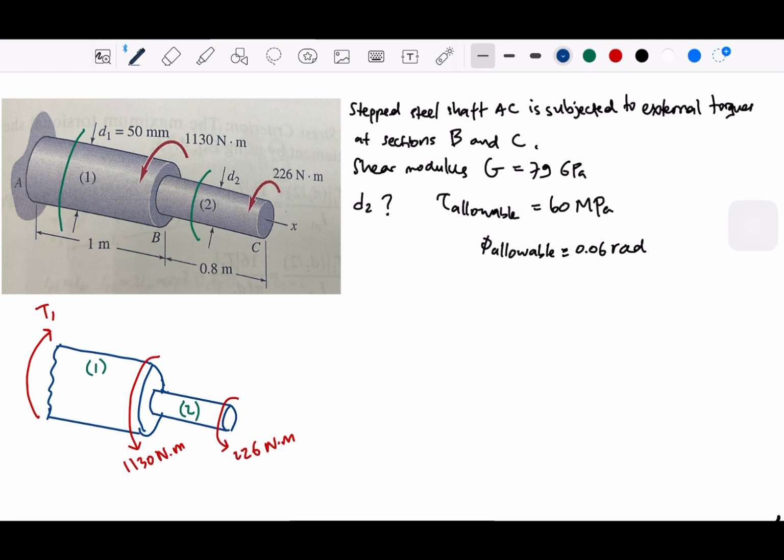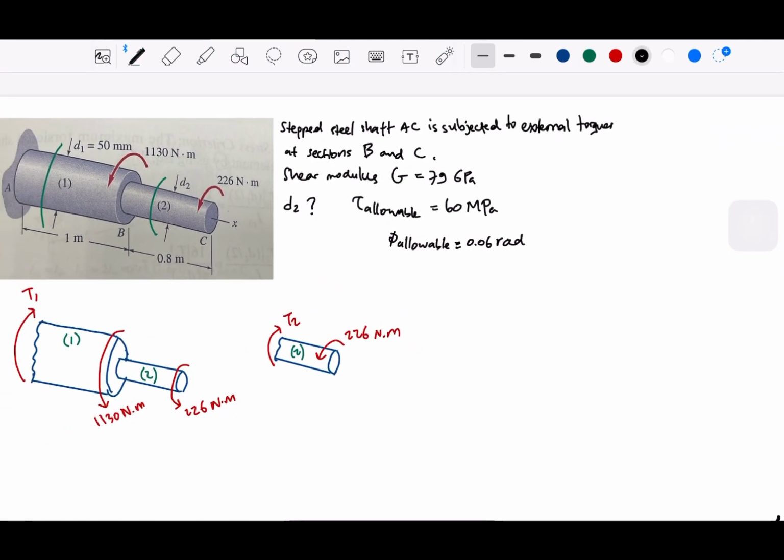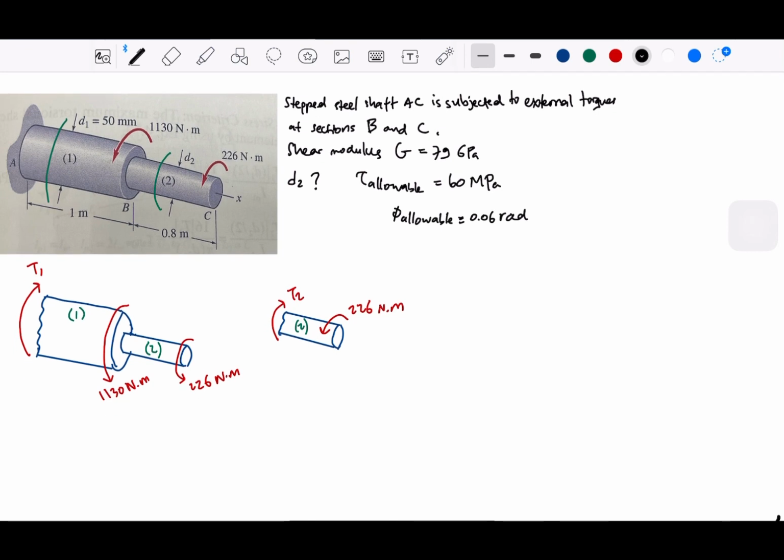And then for the material 2, let's say this is after we cut and we see how it interacts. This is going to be the 226, and we have here T2, right? Okay, and then for, let's say this is free body 1,